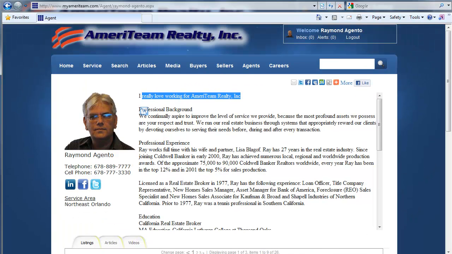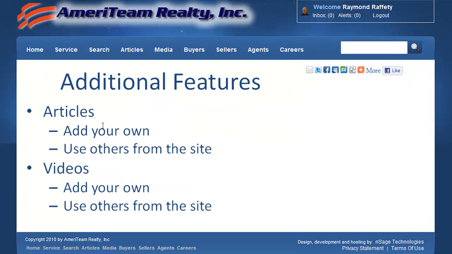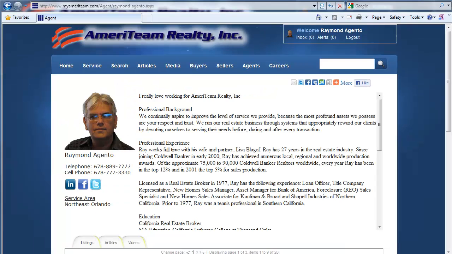So the next thing that we want to do is show you how to add articles and or use other articles from the site, and then also adding videos and use other videos from the site. And that's how you get them to show up here. So let's go to the articles section,